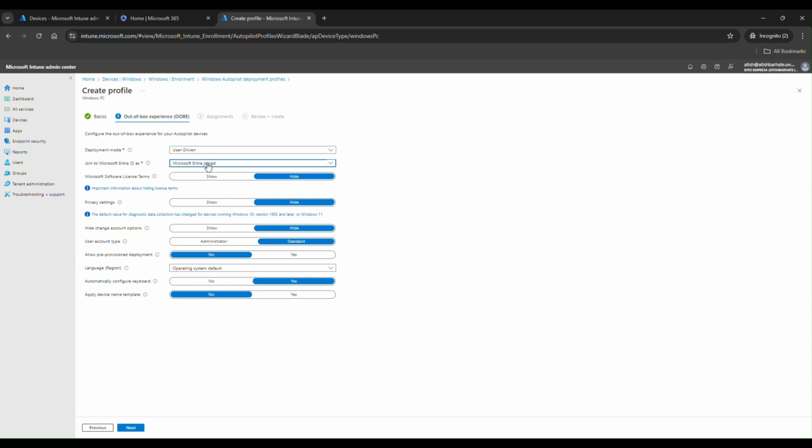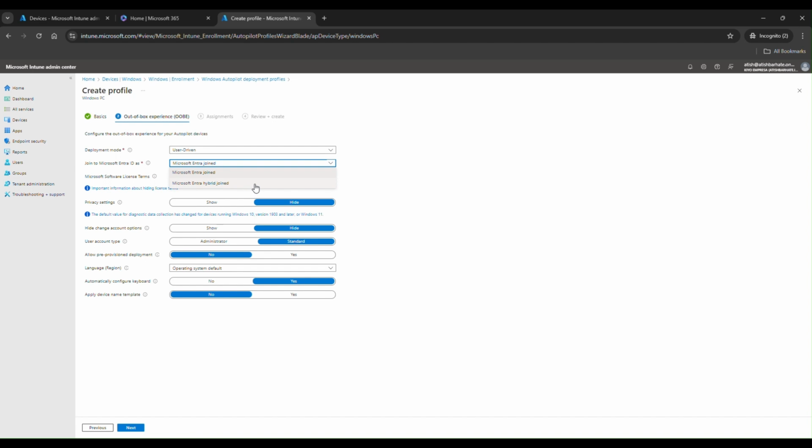Join to Microsoft Entra. You can specify either one. If you are running a hybrid environment, where you have an on-premises Active Directory that syncs with Azure Active Directory using Azure AD Connect, now named Microsoft Entra Connect,